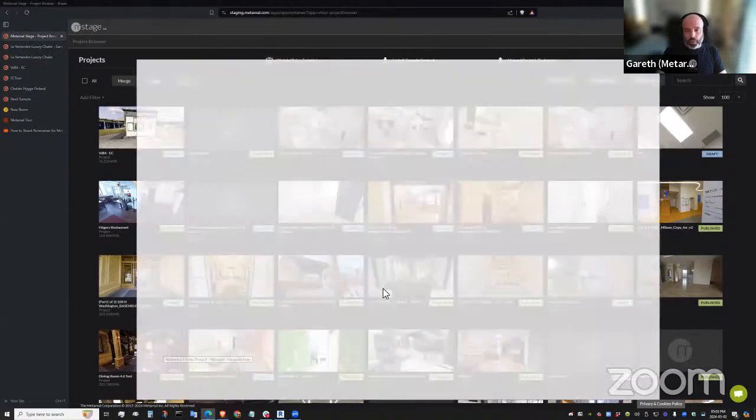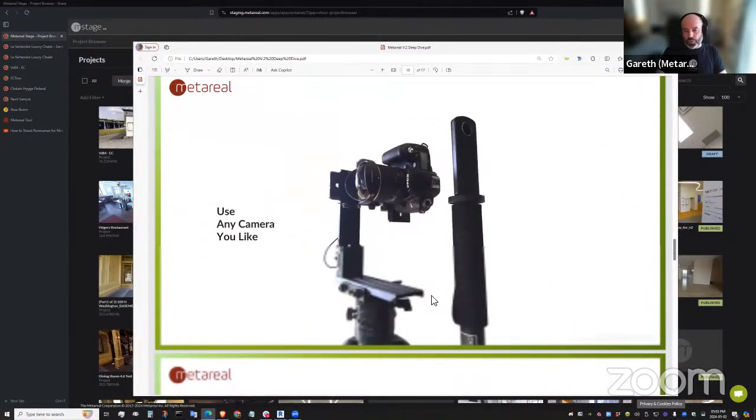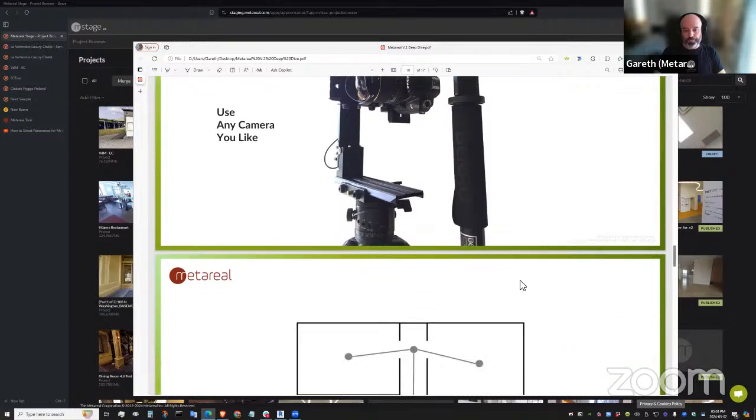I could probably just skip over the camera. Basically, one of the key things about MetaReal is you can use any camera you like. It's not like there's a list of specific supported cameras, and that can include a DSLR if you've got a pano bracket, or any of the 360 cameras on the market, or even if you have a rotator and a wide angle adapter, you can shoot with the phone. The key requirement is that you can shoot 360 panoramas, and the better the geometry of the panoramas, the more accurate your models are going to be.